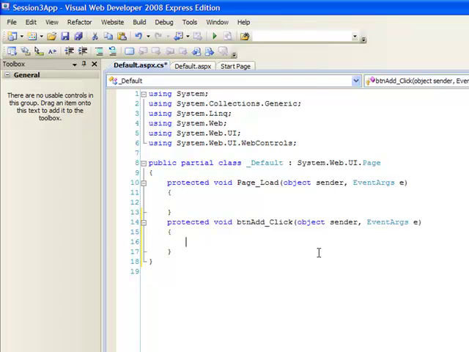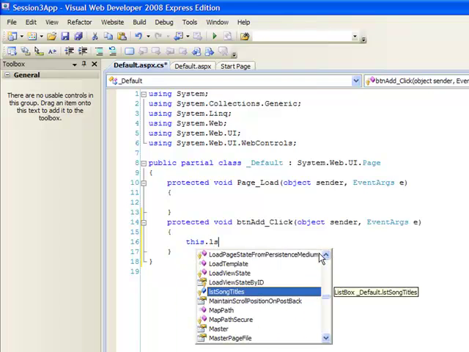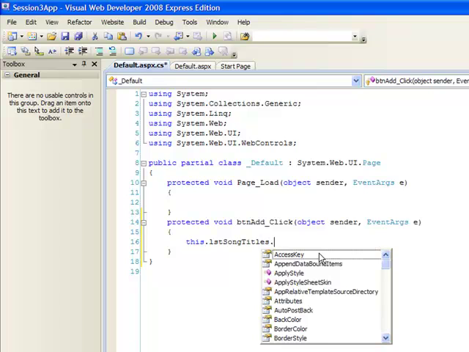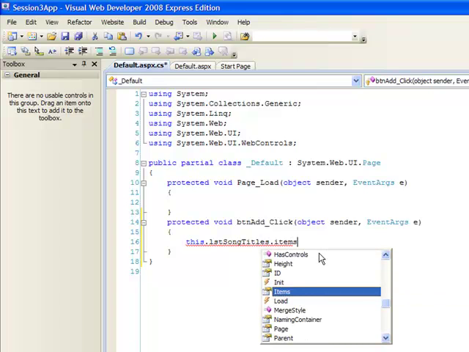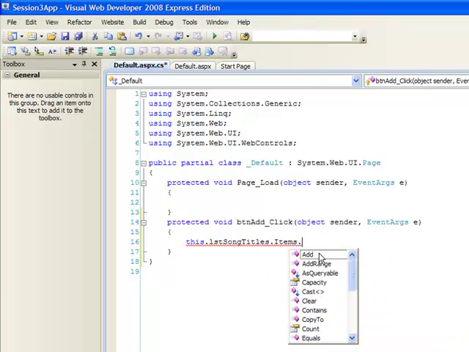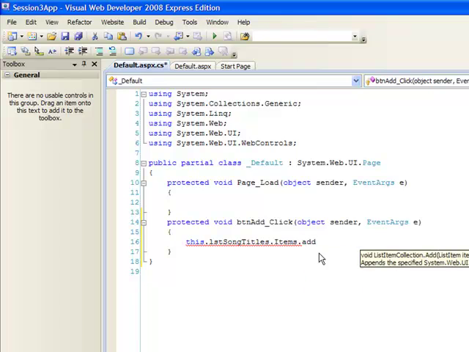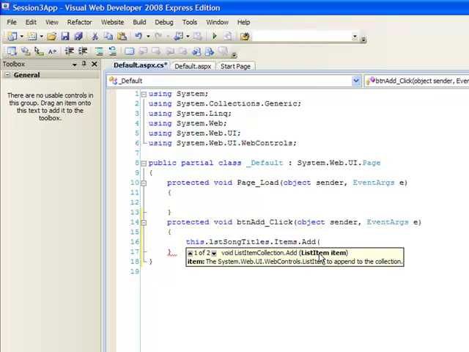And we'll cheat and do it all in one. We're not going to check or validate what's in the text box. We'll show you how to do that later. We're just going to put it in there. So I'm going to assign that list box, which is list song titles, and refer to the items property. And that collection, we can run methods on. So you just put a dot, and the IntelliSense shows us all the different methods we can run on it, like add an item. And with this particular method, we have to put a string in here